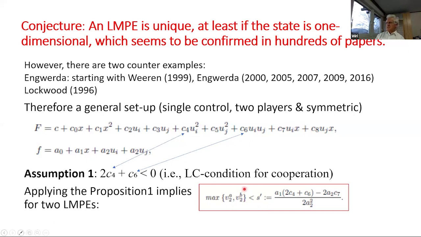value function must be less than the slope of the steady state line. The slope of the steady state line is given here explicitly on the right-hand side. So this is the criteria. This is a little bit boring because you have a lot of coefficients in the game, but Franz, may I